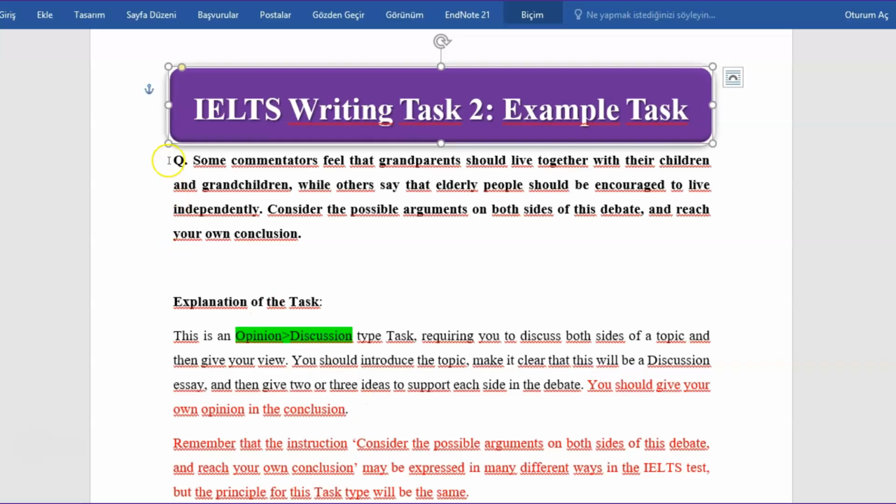We have one question here. Our question is, some commentators feel that grandparents should live together with their children and grandchildren, while others say that elderly people should be encouraged to live independently. Consider the possible arguments on both sides of this debate, and reach your own conclusion. Okay,